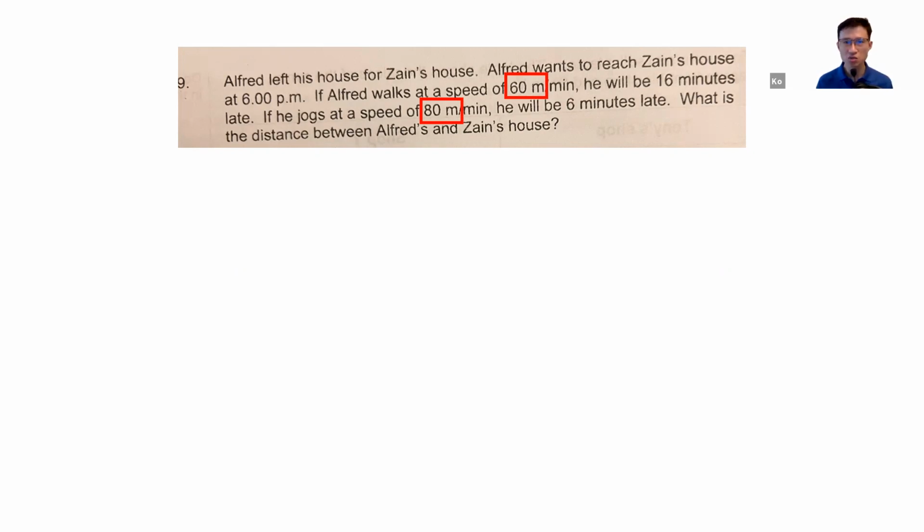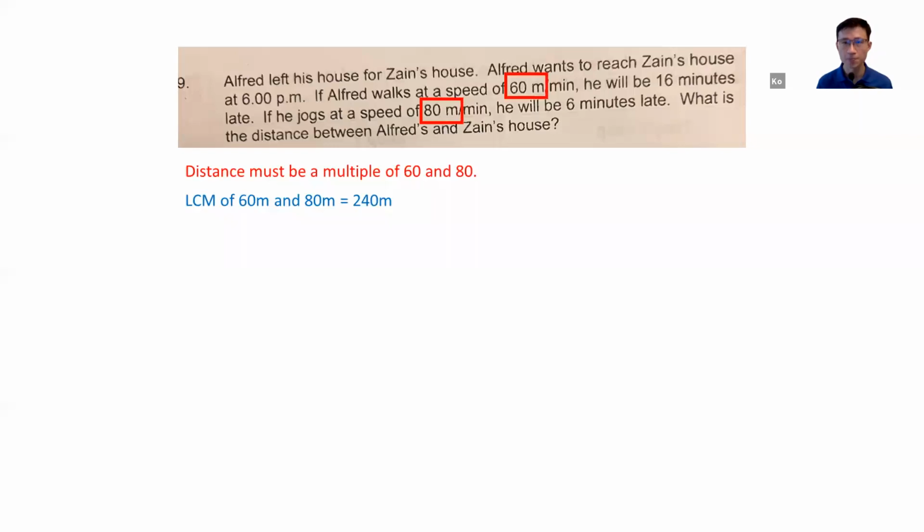So the distance traveled has to be in multiples of 60 meters. Or in the second case, if he jogs at a speed of 80 meters per minute, the distance has to be in multiples of 80, right? Since the distance he travels in both the first case and the second case is the same, the distance must be a multiple of both 60 and 80, which leads me to look for a common multiple. And the common multiple is